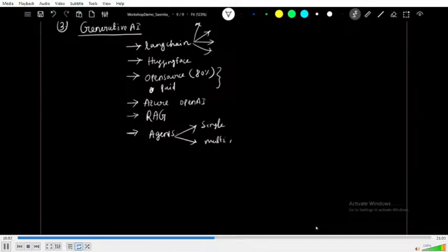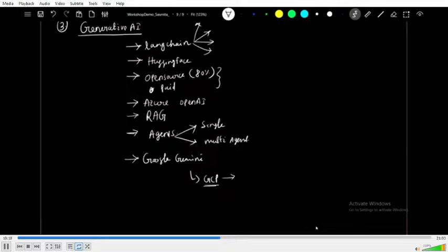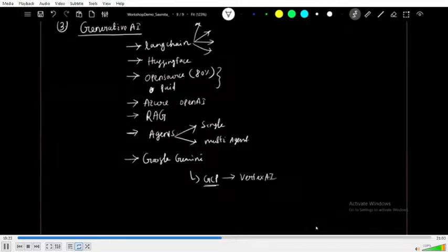Different frameworks we will discuss, and these are the major topics. And then finally, we will also discuss Google Gemini, right? Google Gemini is again very trending. So this is GCP. We will discuss Google Cloud Platform, which we will use for generative AI services, mostly Vertex AI. So we'll also discuss how to use Google's generative AI services, which is nothing but Vertex AI, to